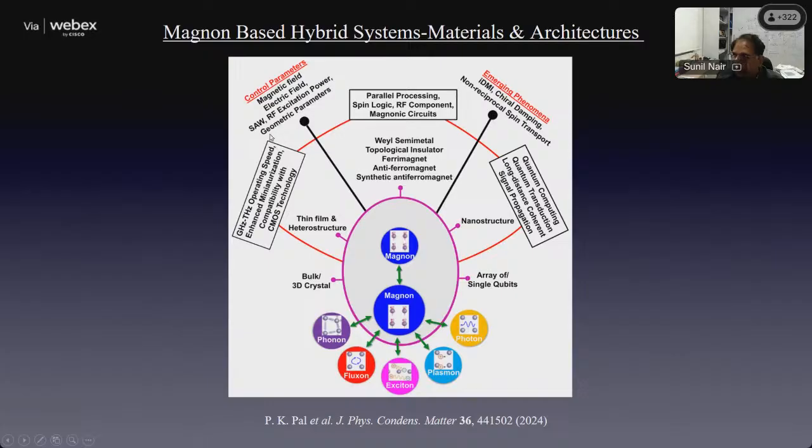You can combine it with external perturbations like magnetic field, electric field, surface acoustic waves, and so forth. So this is a relatively new but very exciting area of research with lots of possibilities. At the heart of all of that is a magnetically ordered insulator, and we know many thousands of them. The question is, how does one harness these magnons to come up with reliable low power functioning for our own use?